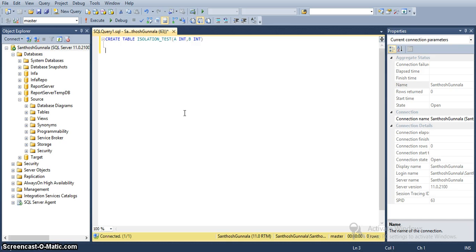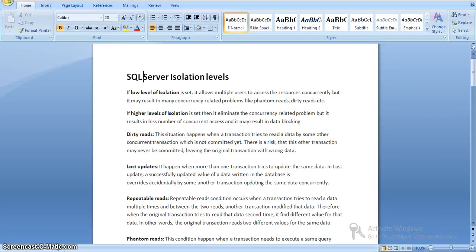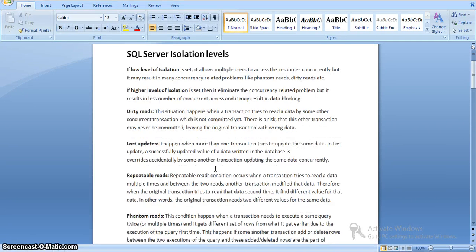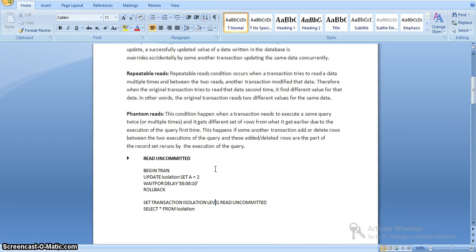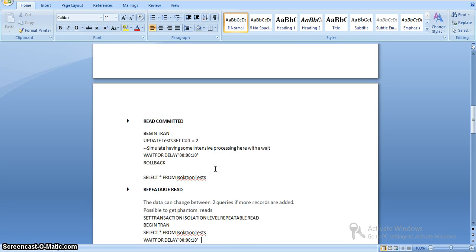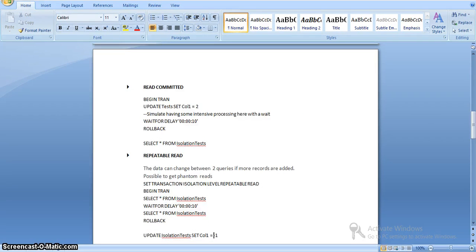Then I'm inserting data into this isolation test table. I have some sample values.